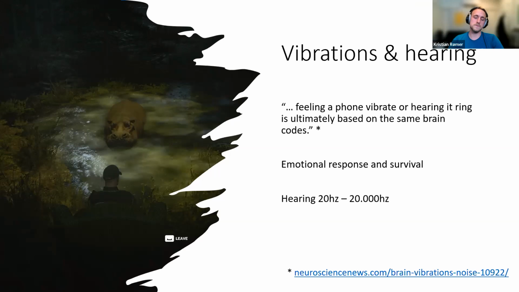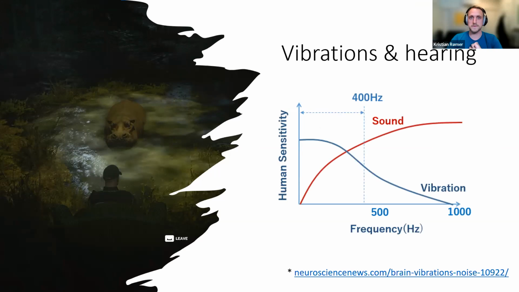There are some differences though. You know, hearing goes from 20 to 20,000 hertz. Vibrations goes up to around 1,000 hertz. But in reality, if you look at this beautiful graph from Sony, you can see that there's a point around 400 hertz where the vibrations actually start to be interpreted as hearing. So if a vibration is around 1,000 hertz, then you will no longer feel it, you will sense it as an audible source instead. So generally speaking, up to 400 hertz, it makes sense to design vibrations.